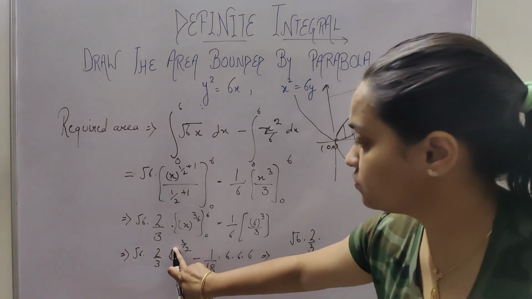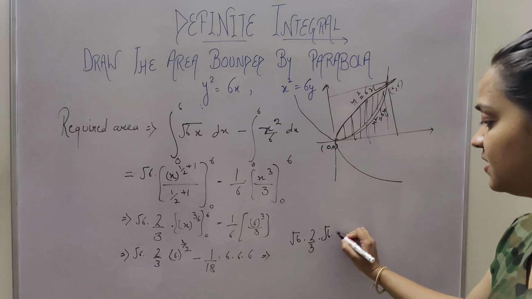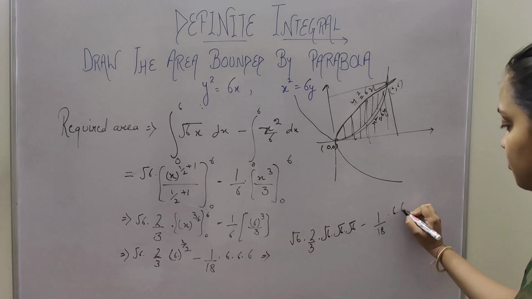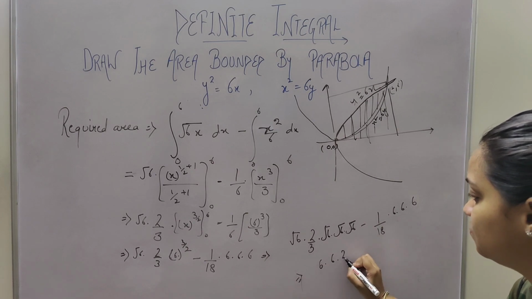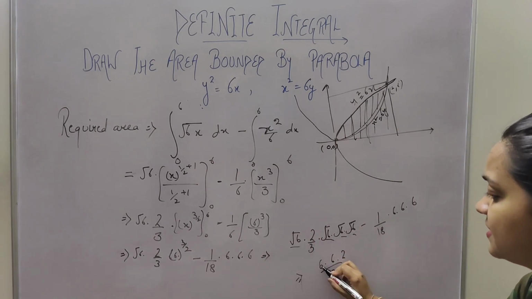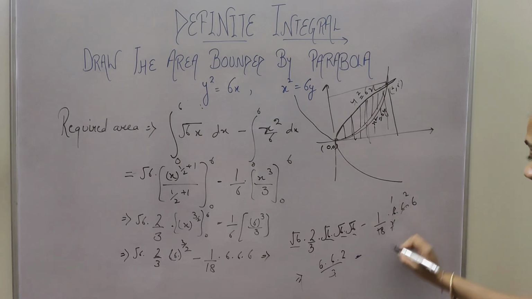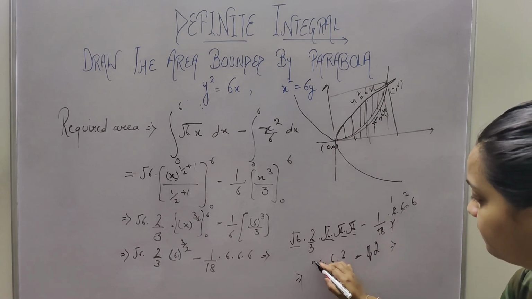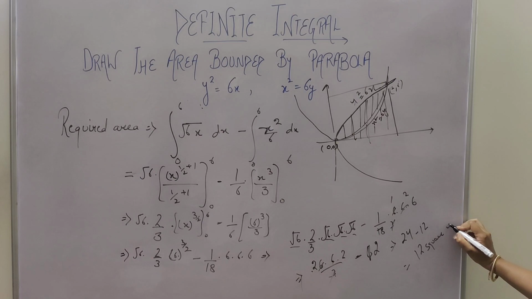What I am going to say, root 6 is only 6 to the power 1 by 2, so 6 power 3 upon 2 is written as root 6 into 6. It is written as root 6 into root 6 minus 1 upon 18, 6 into 6 into 6. The values come 6 into 2 upon 3, 6 into 6 into 6 upon 18, so 6, 6, 2 upon 3 minus 12. 6 into 2 is 12, 12 into 2 is 24, 24 minus 12, the value comes 12 square unit is the answer